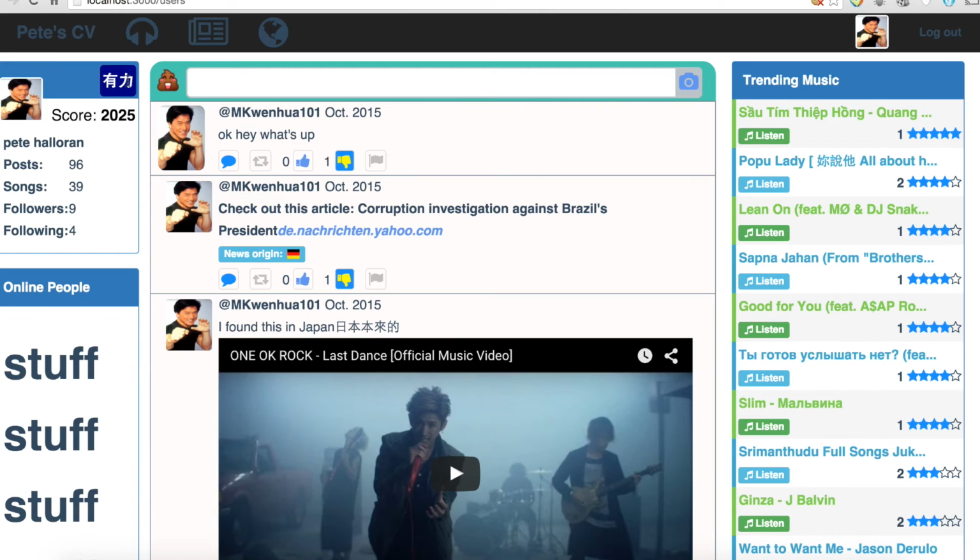Additionally, I'd like to mention, you see these Chinese characters right here. The only reason I'm using Chinese characters is because for each different level you have a sort of badge.